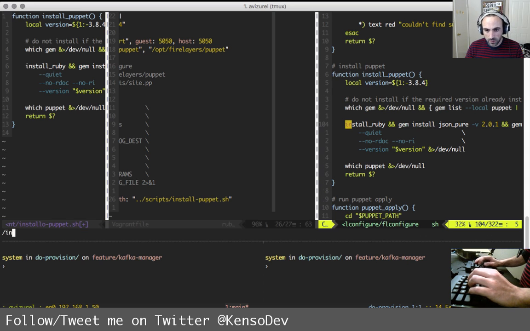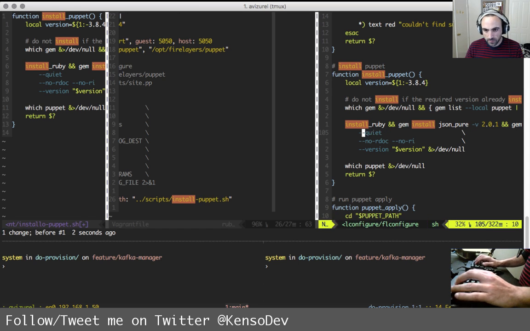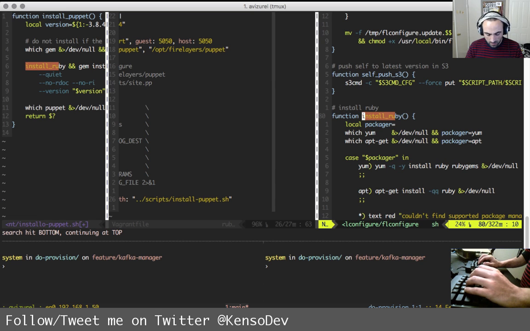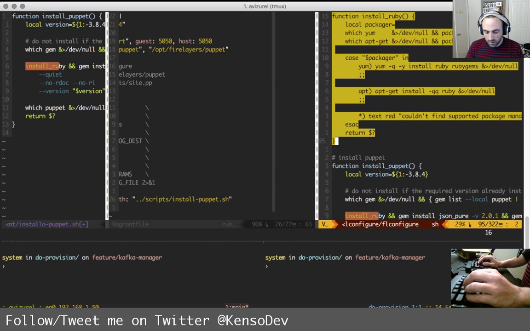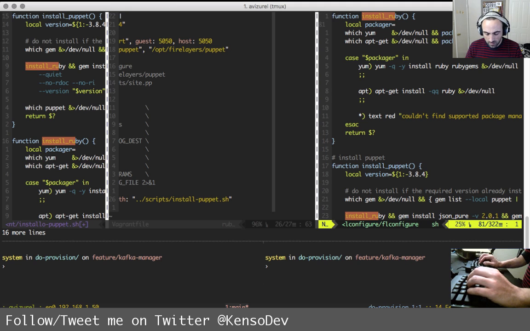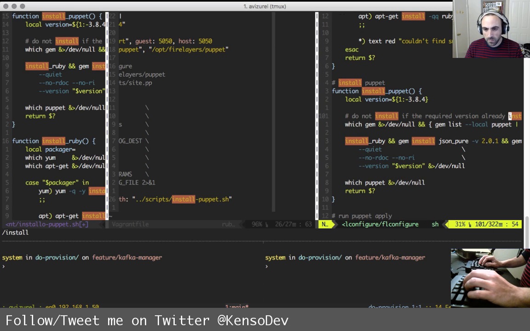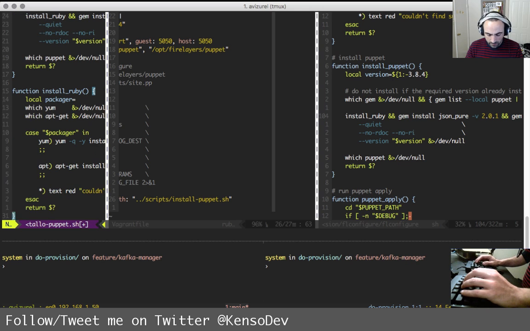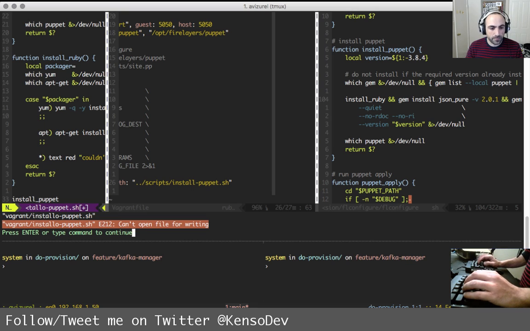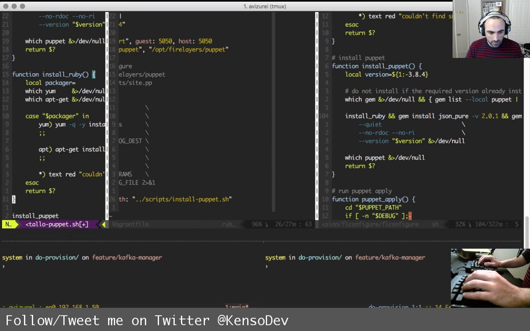And we'll do install Ruby as well. So let's copy this. And we'll call this function. Okay.